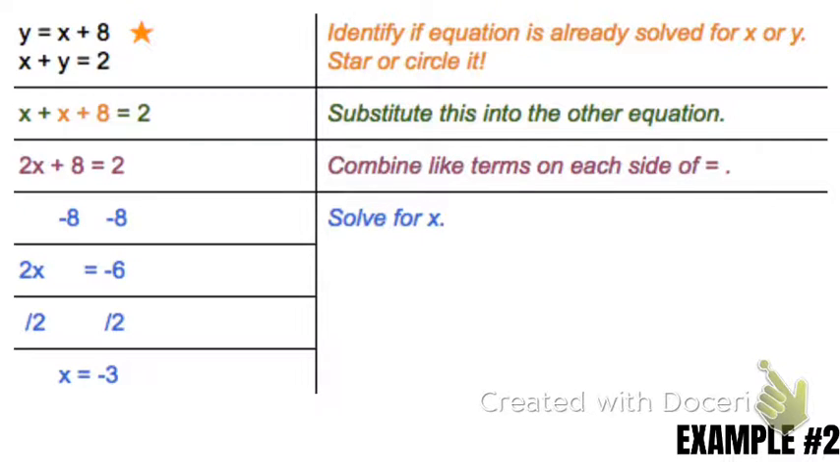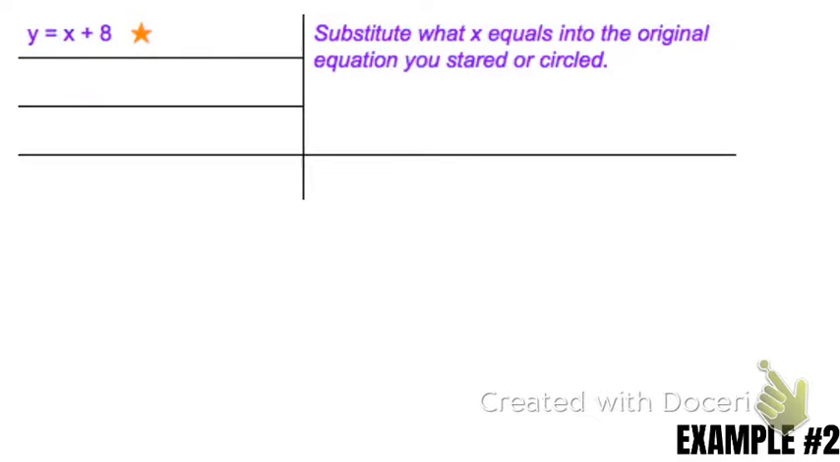And what we're going to do is use the fact that we know what y equals. Y equals x plus 8. That's why we starred it or circled it at the beginning. So let's go back to that, and we're going to substitute in what x equals into that original equation that we starred or circled. So if x is -3, I'm just substituting that in for x,